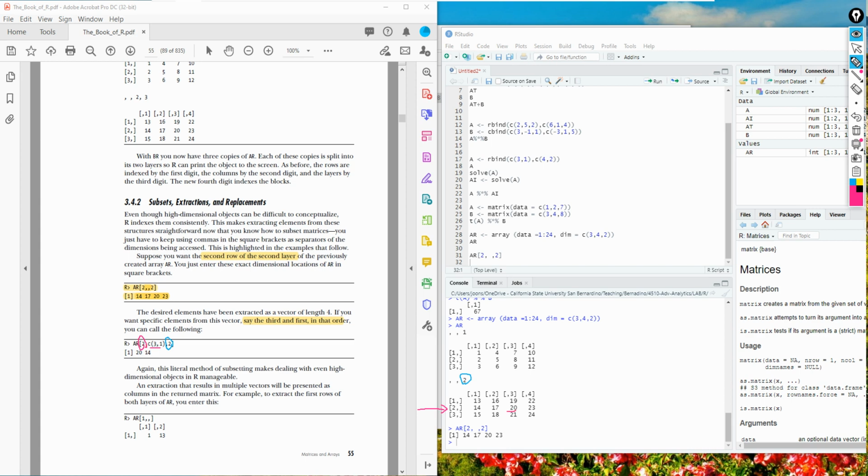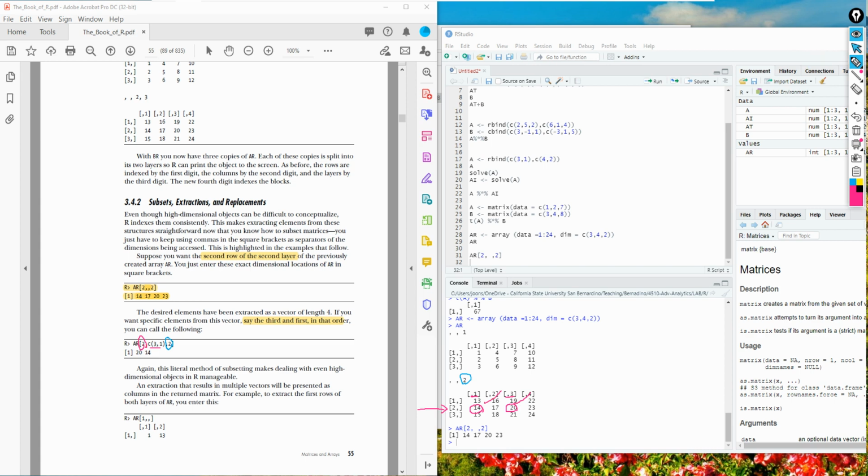The third column is 20, and then the first column, which is 14. So the third column and first column give 20 and 14.